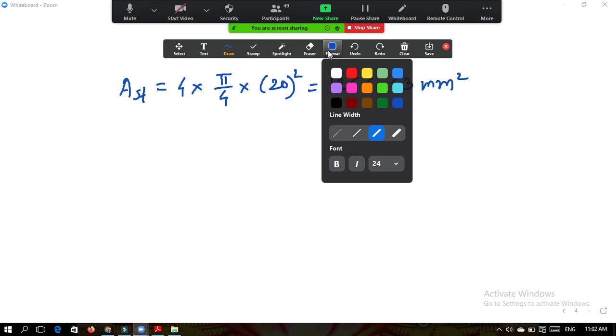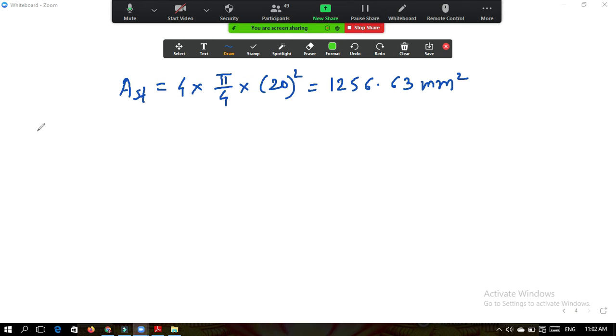Now again go with the same procedure. So assume neutral axis lies in flange. Okay. So I have assumed that neutral axis lies in flange. What is the meaning? Therefore, what we can say is Xu is less than Df. That is what we have assumed.